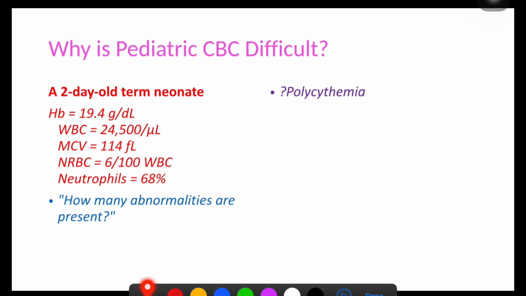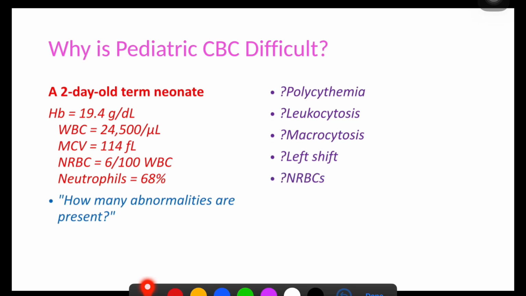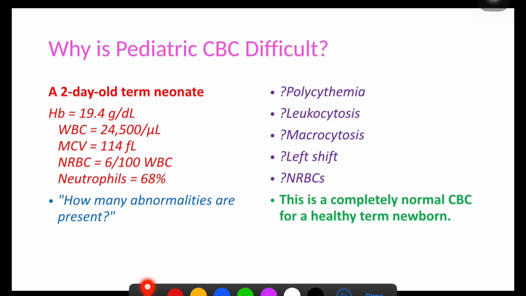Hb is raised, so whether it is polycythemia; WBC count is high, so whether it is leukocytosis; MCV suggests macrocytosis; or left shift due to high count and neutrophilia; or NRBCs. So from these values only, it can be an abnormal result. But if we see the age of the patient, this is a completely normal CBC for a healthy term newborn,